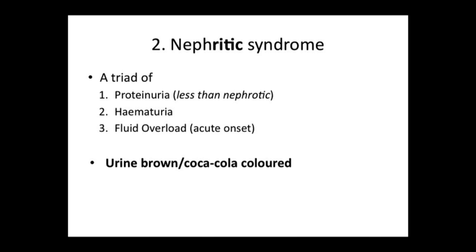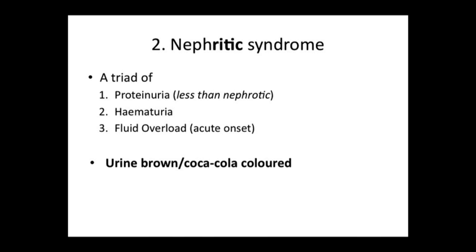The other problem with this condition is they tend to get fluid overload. Now you're probably thinking, what's he talking about? Fluid overload, surely that would cause edema, and it does, but it causes acute onset edema, which usually fills up the lungs rather than the peripheries and around the eyes. And the key clinical feature here is brown or Coca-Cola coloured urine,